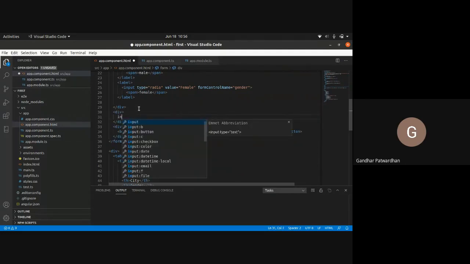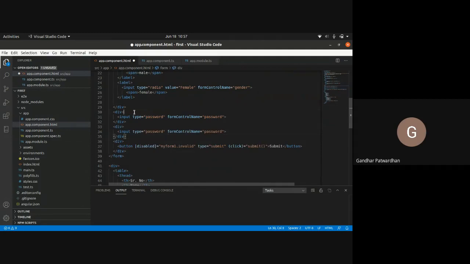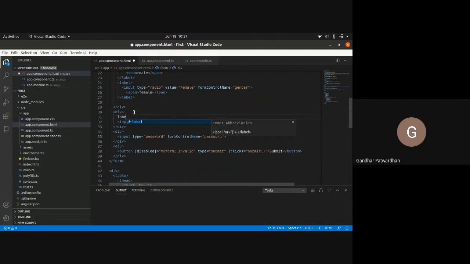In the div, I'll have an input, type equals password, and I'll say form control name equals password. I'll have another div. I also need to give a label.